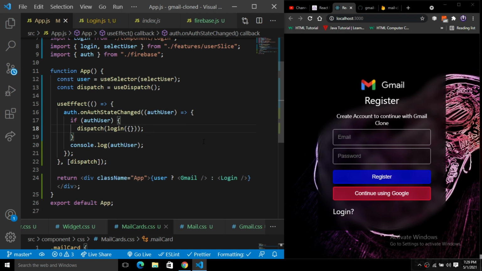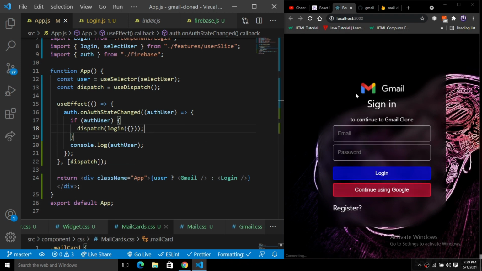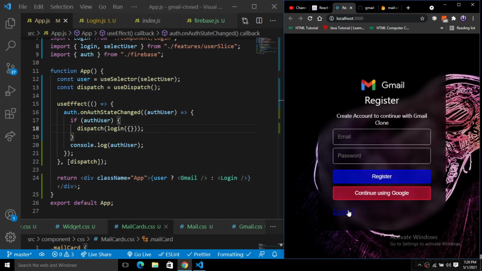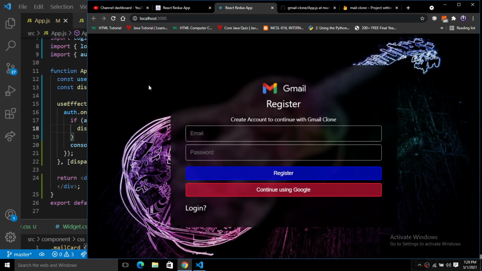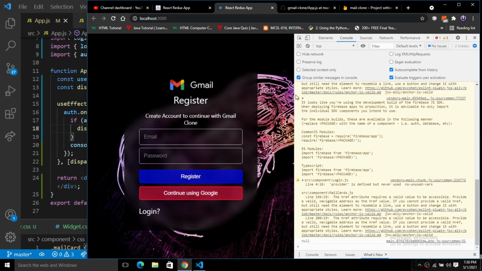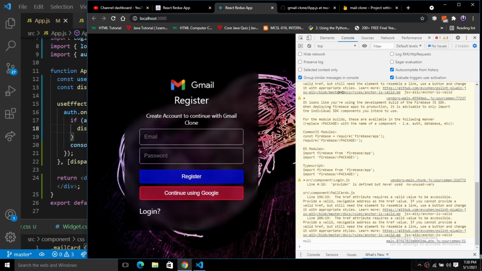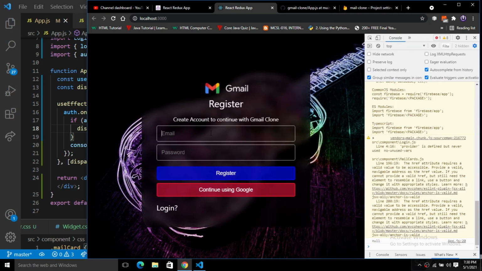So this is the deployed version. Here we have created an auth state change, and now we will simply register a user. So here we are inside of this register page. Let me make it bigger. Okay, so here we have this console. Now here we have this email. So just put email here, test123@gmail.com, and the password will be 1234567. And I will just click on this register here.